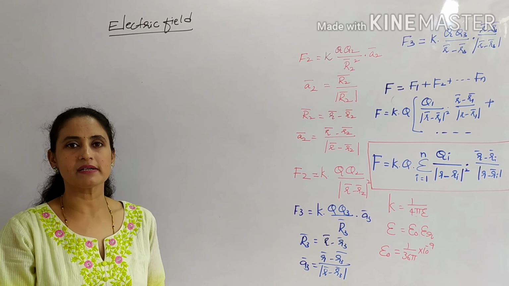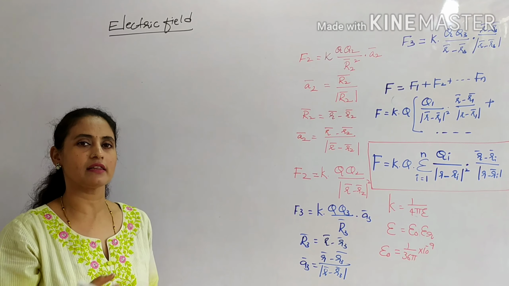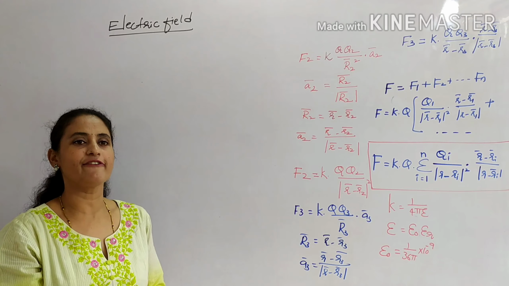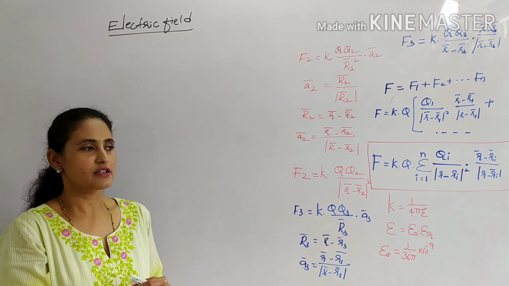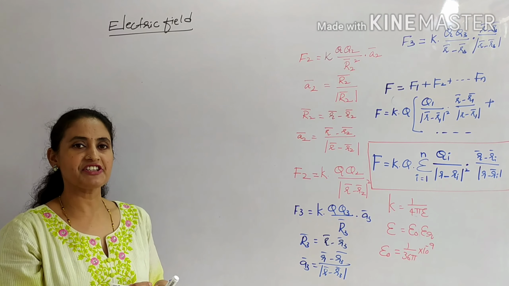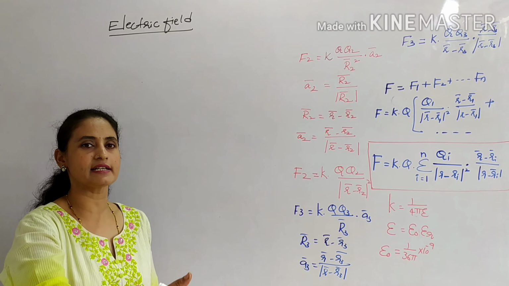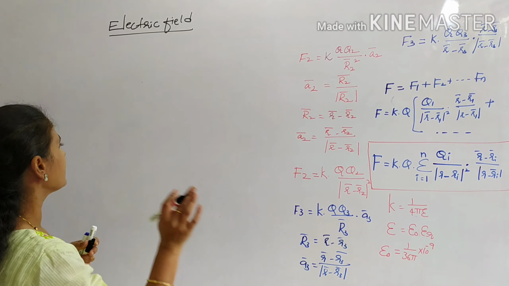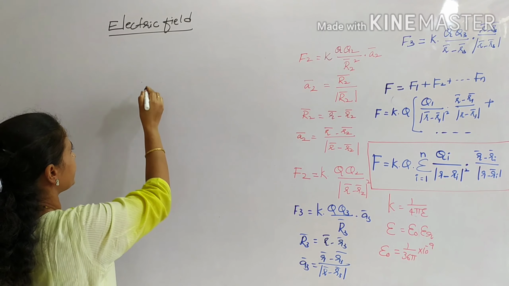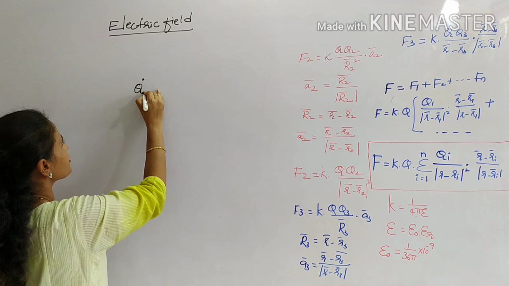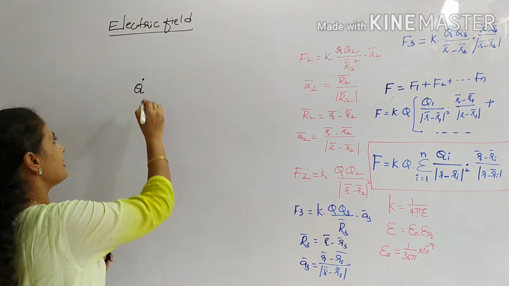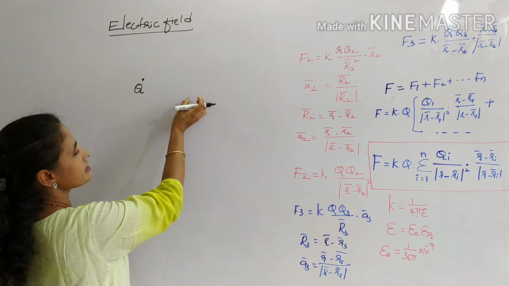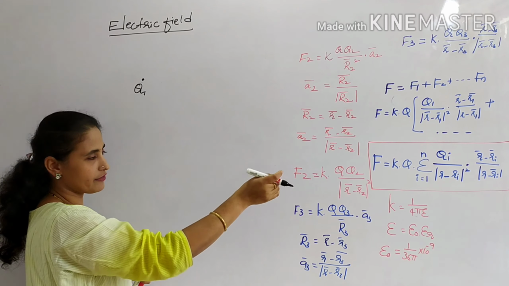For example, every person's home is their region or their field, because the person in the home can influence other persons in the home, right? So a field or region is something which exerts some force on other elements in its boundary or region. Now, how big a field can be generated? Let there be a point charge Q. I am bringing it from infinite distance, and let this be Q1 for our understanding.